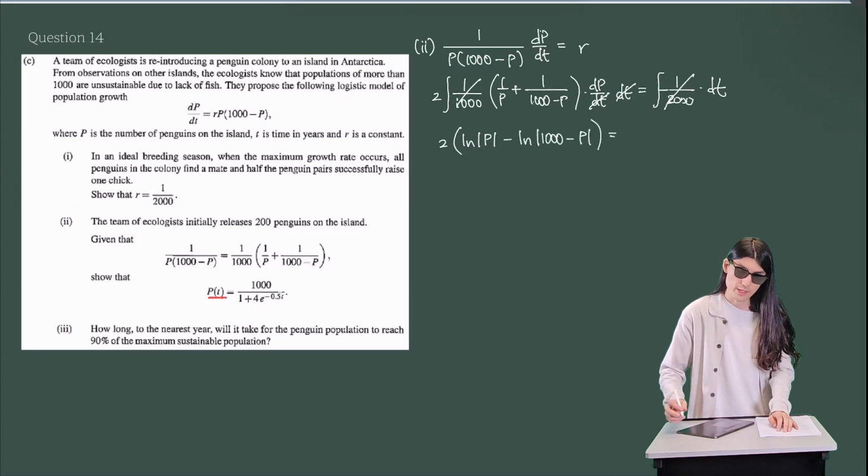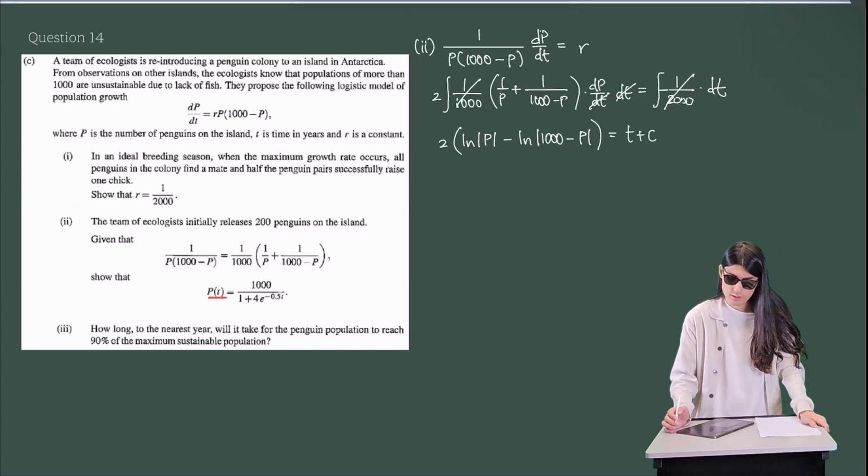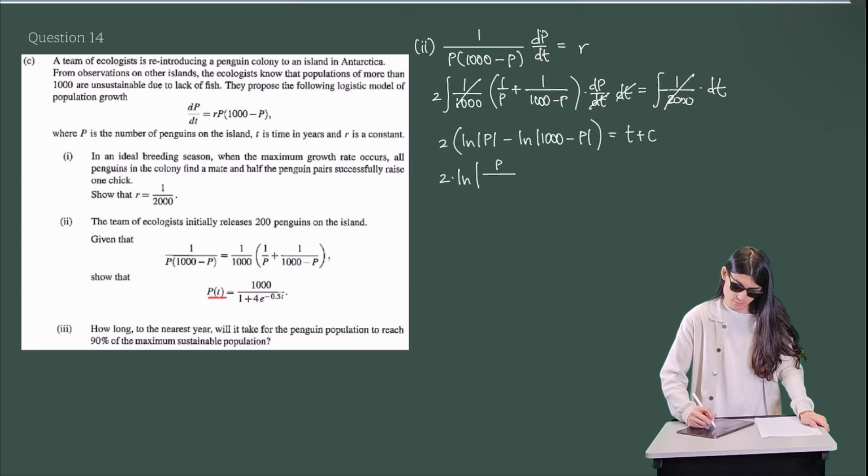And of course, on the right hand side, on integrating, you just end up with t plus, don't forget, c. And then applying log laws to the left hand side, 2 times ln p over 1000 minus p